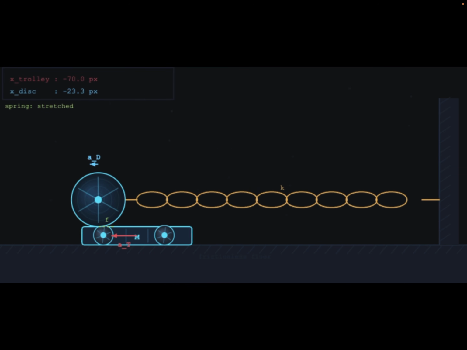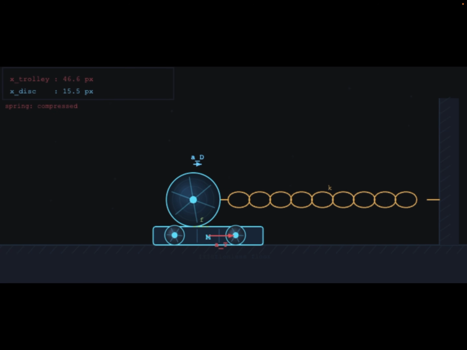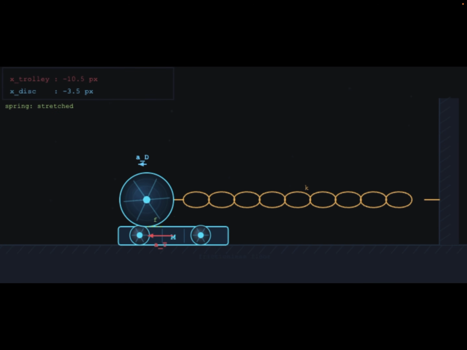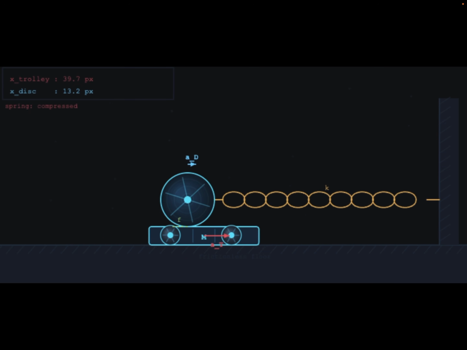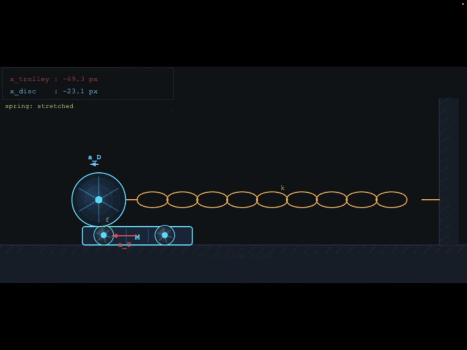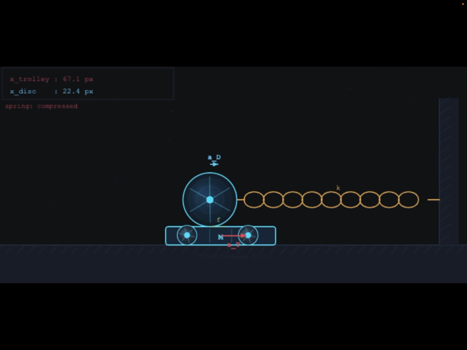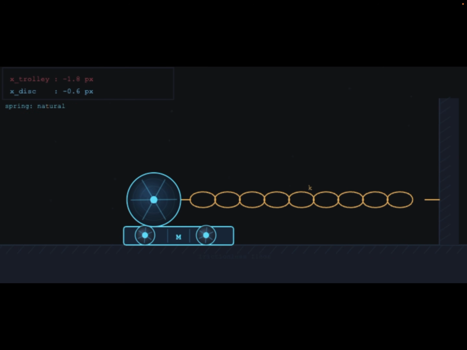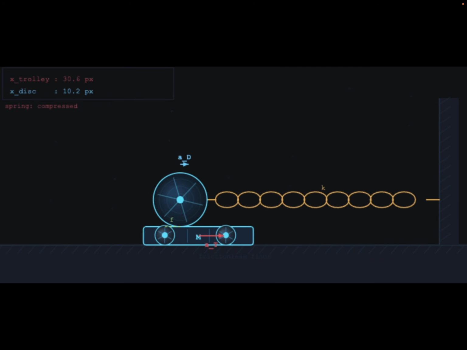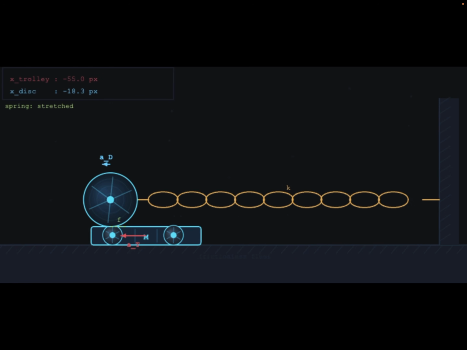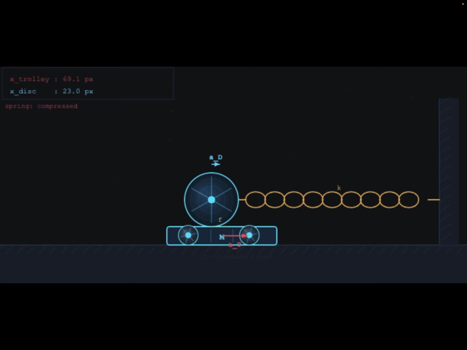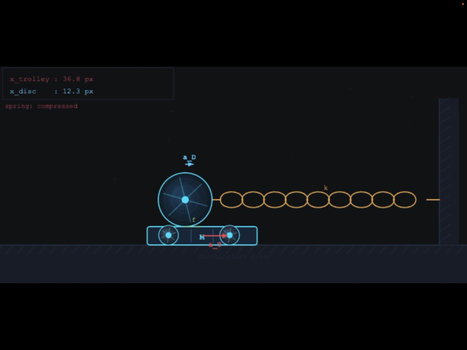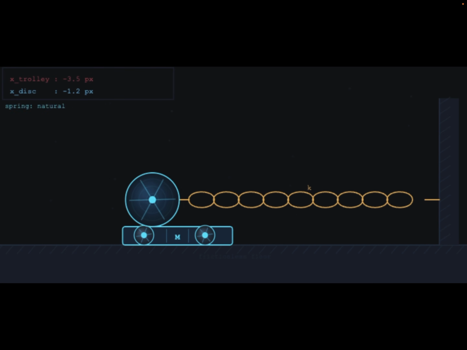So what you see on the screen is the problem we are trying to solve. What's given here is that there is a disk of, say, mass m, which you see on the top, which is on a trolley of the same mass m. And the trolley is resting on the floor initially. However, the disk is connected by a spring to a wall with a spring constant of k. Initially the system is at rest, but then it is displaced, say, towards the right, where there is a compression to the spring, and the whole thing is released, which means that the entire system is now undergoing